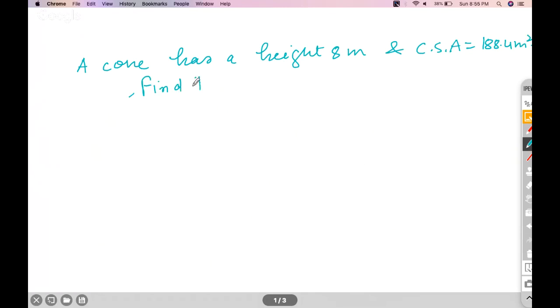Find the volume of the cone. This question I'm giving you with the objective of